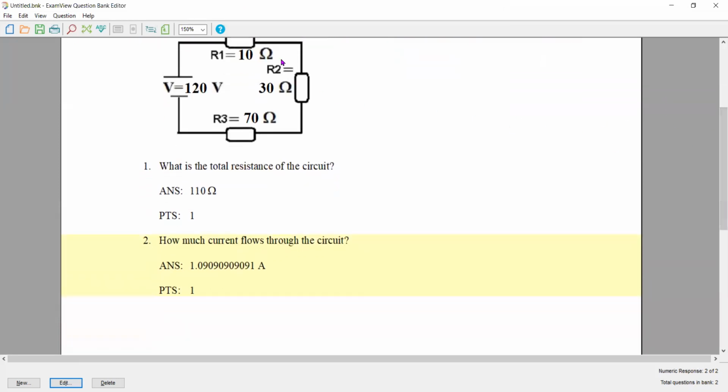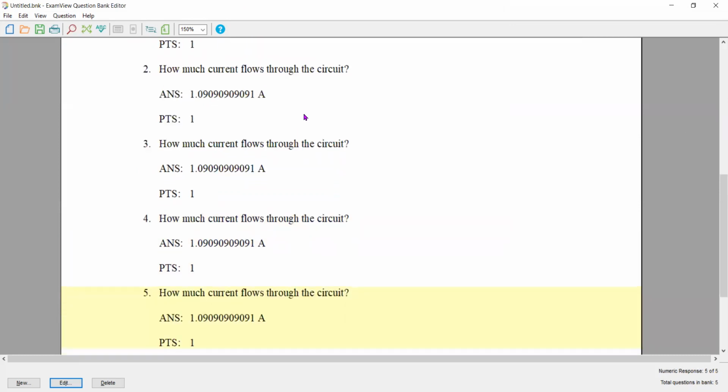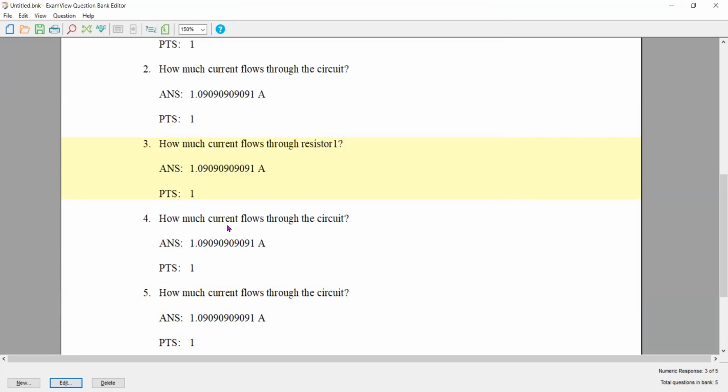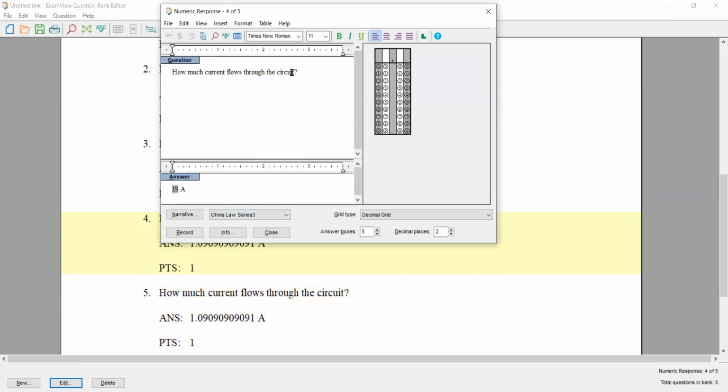Now, because it is in series, every resistor has the same current. So I'm going to ask 3 questions. How much current flows through resistor 1? Well, it is the same current because it is in series. And it's the same answer. And how much current goes through resistor 2? I can just answer,